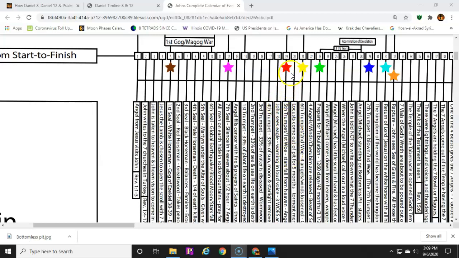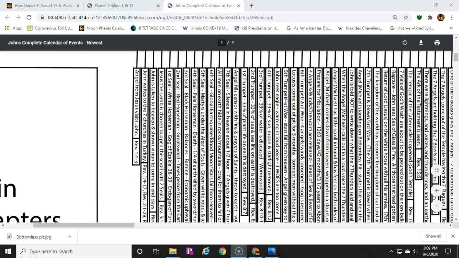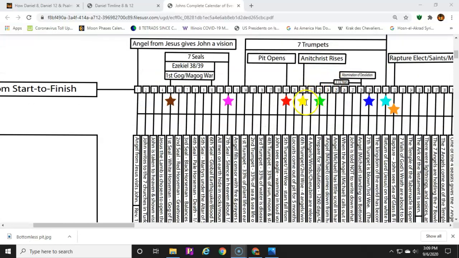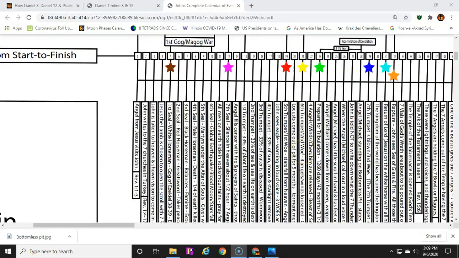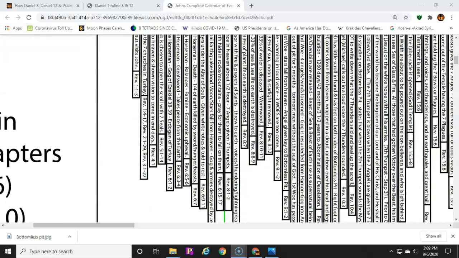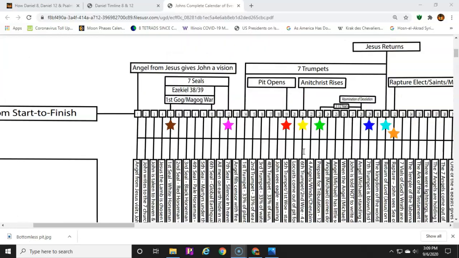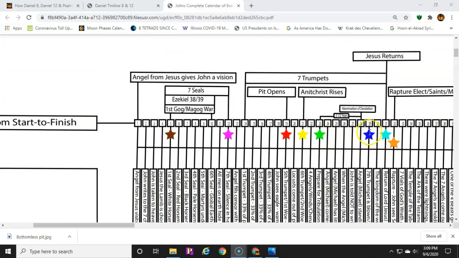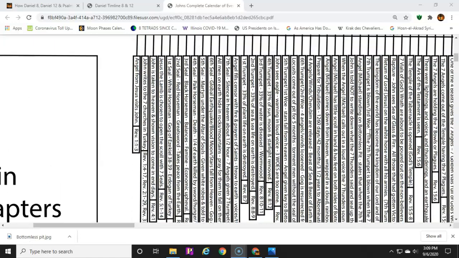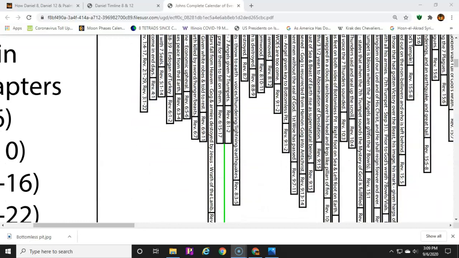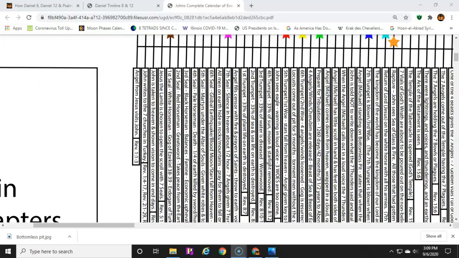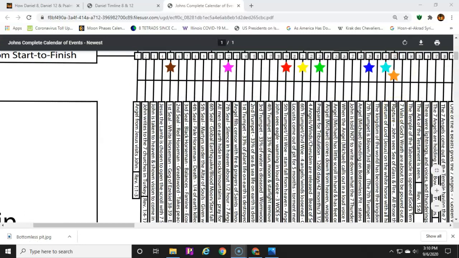But what I'm trying to explain right now is the 5th trumpet is the bottomless pit opening. The 6th trumpet with the 2nd attached woe is the resurrection or the rising of Antichrist. And the 7th trumpet, which is over here, in the 3rd woe, once it's blown, we have that coming back of Jesus from heaven to then start to have the bowls poured out just after his return. And that's the wrath of God, and we see the rapture just prior to the 7 bowls being poured out.